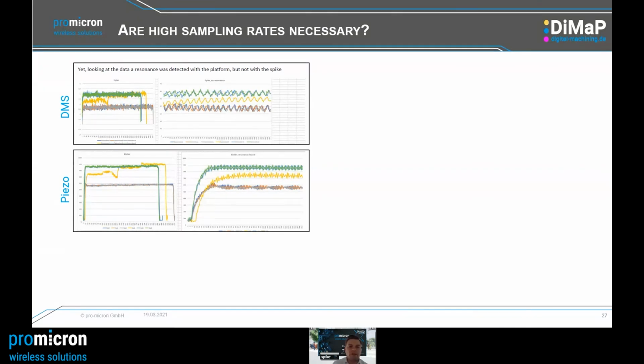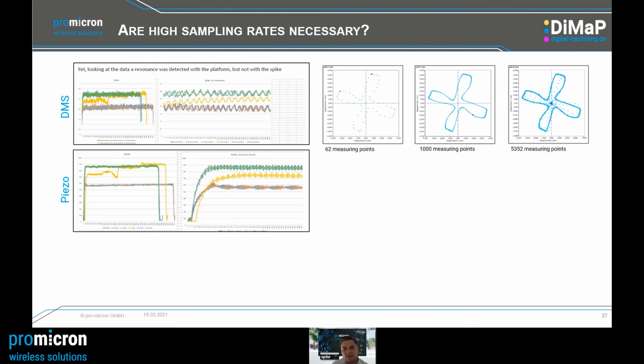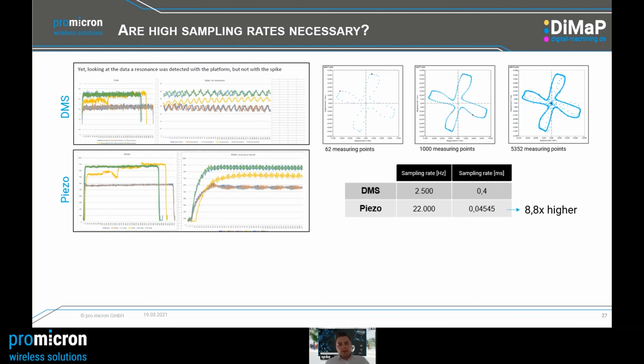Is the high sampling rate really necessary? Here we have an example between the piezo and a DMS measuring operation, and here we see now the Spike polar visualized with different force points. Let's make a quick calculation. The sampling rate of DMS, or the strain gauges, is 2.5 kilohertz. From piezo it is much higher, which is also good. If we take that by milliseconds, the piezo crystals are 8.8 times higher, which is a very powerful and very good approach